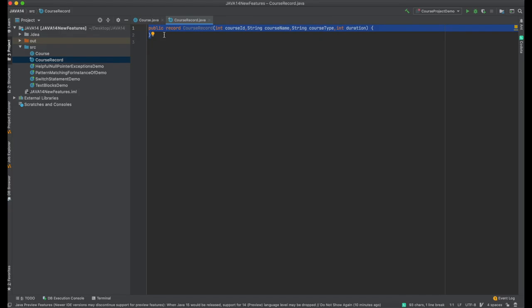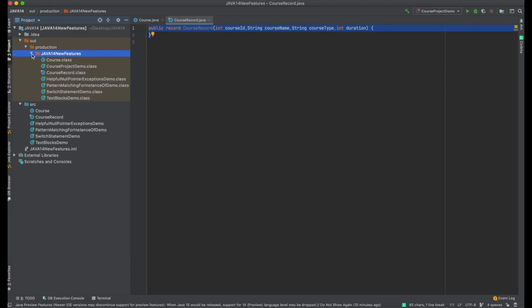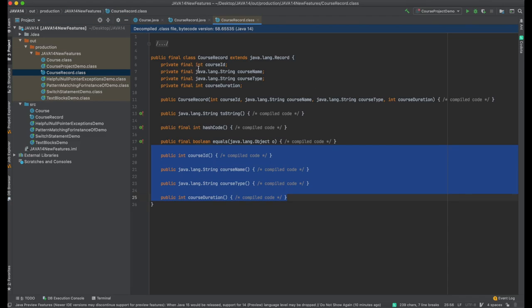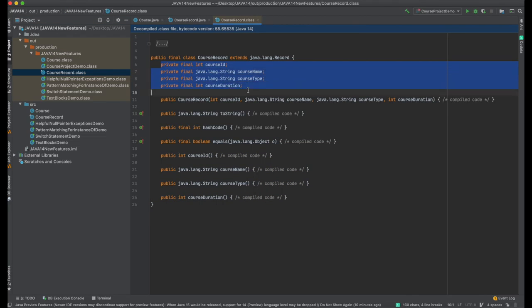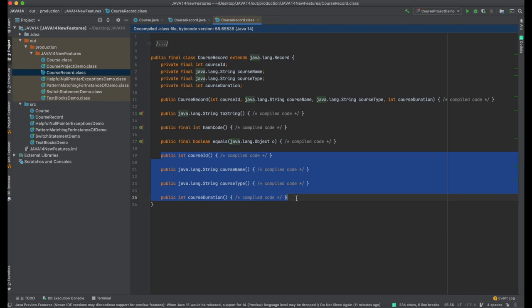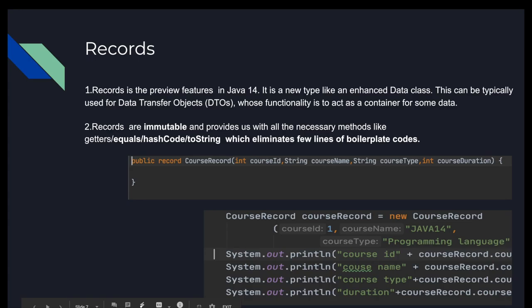So basically it provides all the necessary methods. Now let's decompile this record and see what's inside it. So I have decompiled this record. If you see the record, CourseRecord.class, it has a set of variables, a constructor, toString, hashCode, equals, and a set of accessor methods, or you can say getters, where we are able to access the data from records.